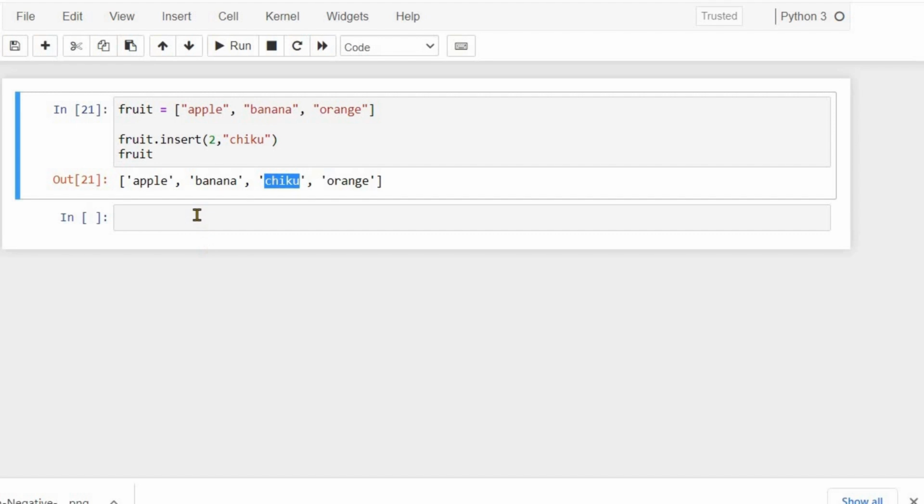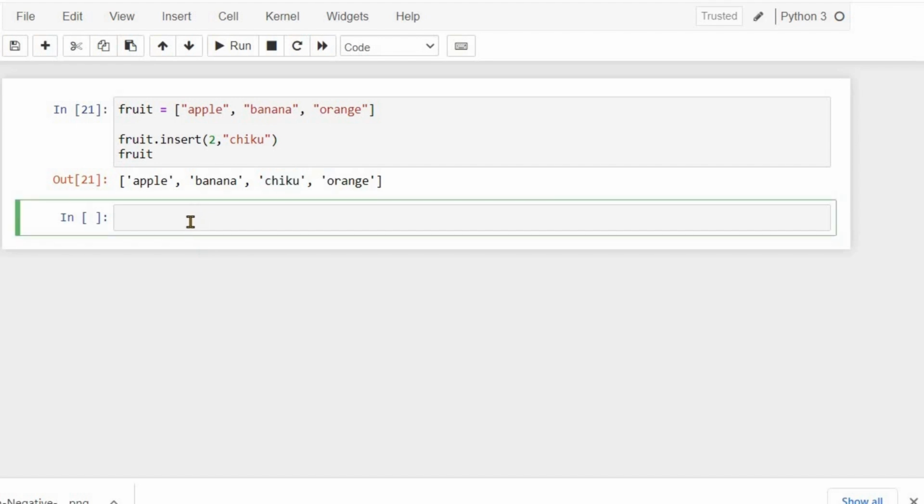For example, in our list fruit, if we want to remove the element banana but we don't know the position or index of the banana in our list, then we can remove it by writing fruit, that is the name of the variable, followed by a dot, followed by the remove method, and within the parentheses we write banana.